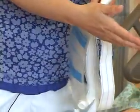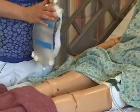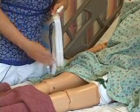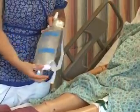When you go to change from the night bag to the leg bag, it's easier if you get your leg bag ready and attached to the opposite leg first. It makes the switch over much easier. So after you've attached the straps to the leg bag,